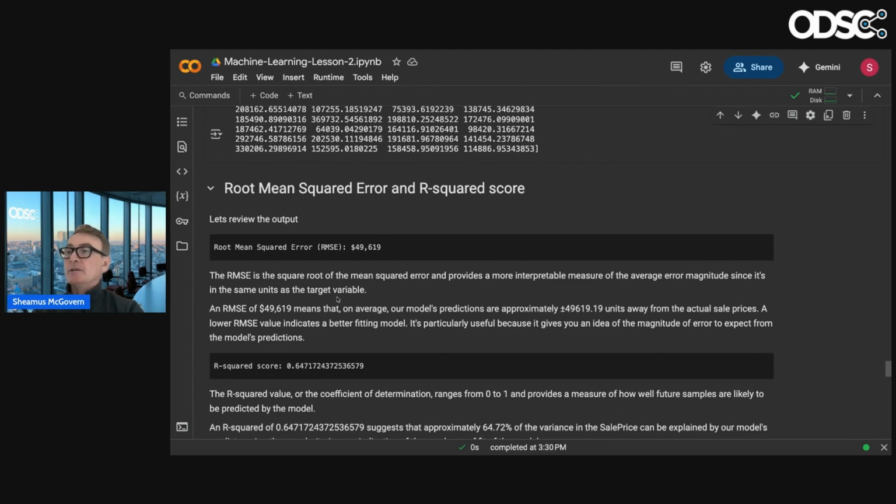You go back here. So that's the square root of the mean squared error, and this 49,619 means that on average, our model predictions are plus or minus $50,000 away. So